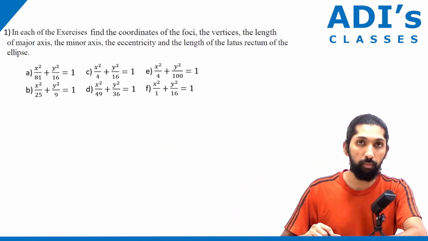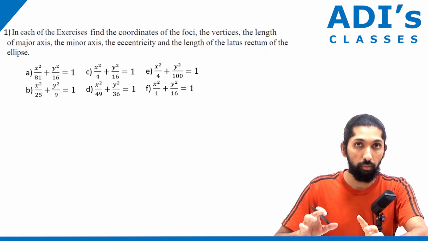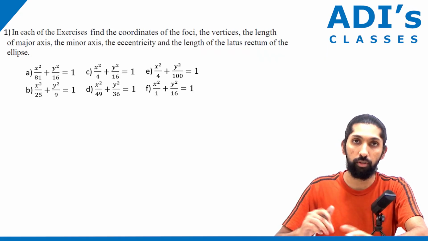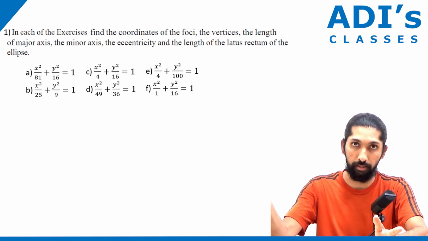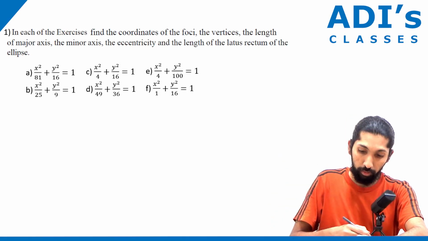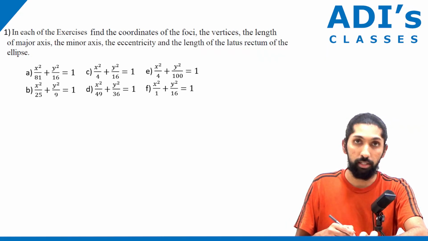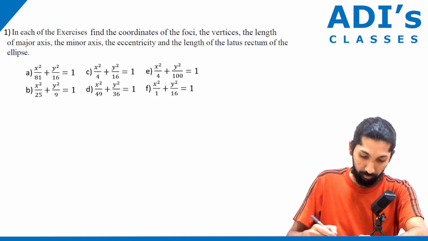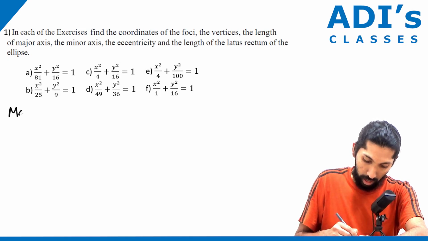From this problem onwards, we'll make a table. Once we make a table, it's much easier for us to do it. In the sense, every time you do it, just put it across the table. Very easy. Fair enough. So first, we always calculate the length of the major and minor axis, correct? So first we'll talk about the major axis,